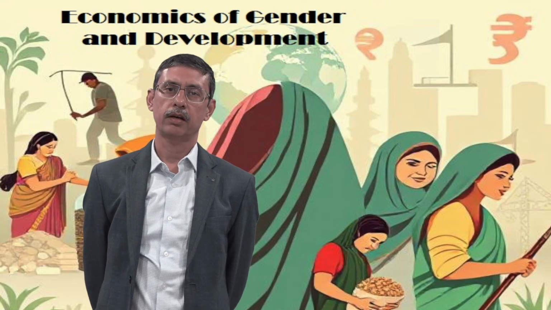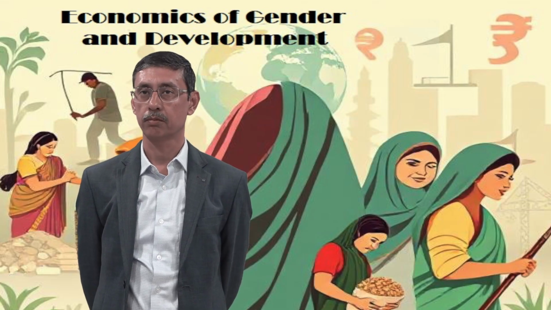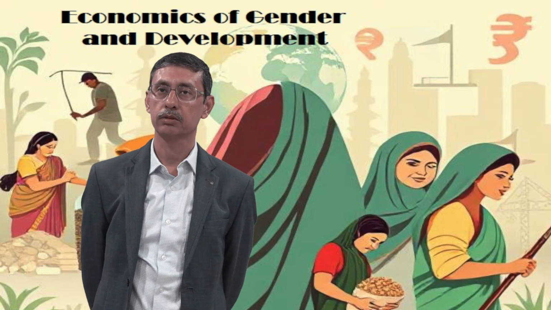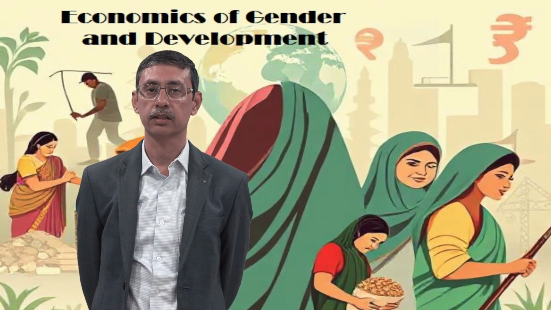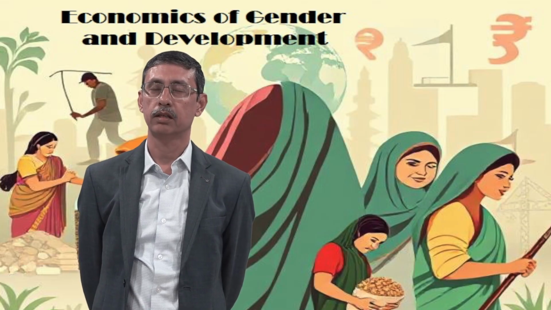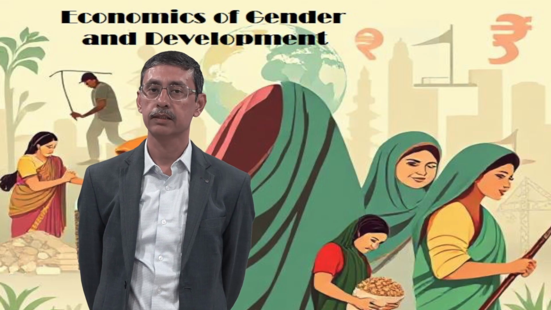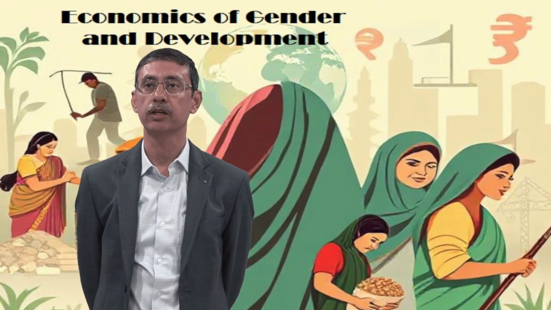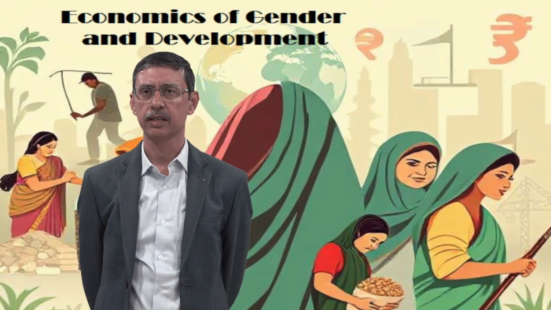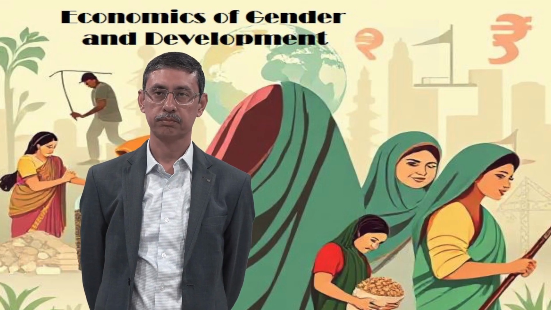The next part we need to understand is how to measure. How to measure depends on what to measure, and what to measure relates to the conceptual and theoretical discussion that we have just had. In terms of understanding equality of what, we have to understand what we actually seek to equalize, and that comes from different perspectives and different theories, which we have discussed, finally ending with Sen's idea of capability.